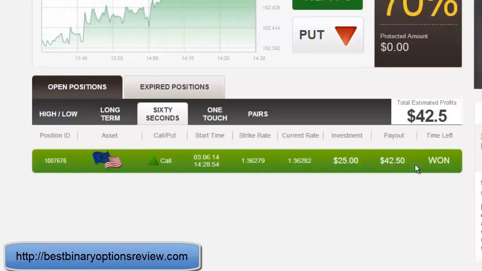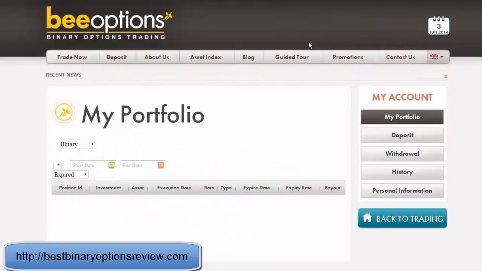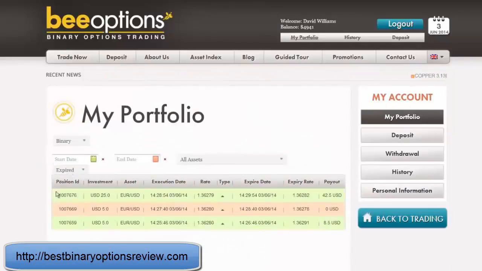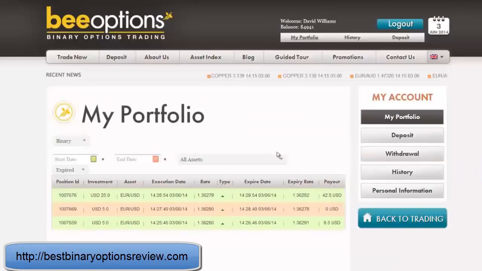Alright, so this is a winning trade. As you can see, my balance was automatically updated to $4,941. Let's have a quick look at my portfolio, where you can see my recent trading history. So this is the trade that we lost with a payout of $0, and the one we just won with a total payout of $42.5. We've made our money back with some profit,